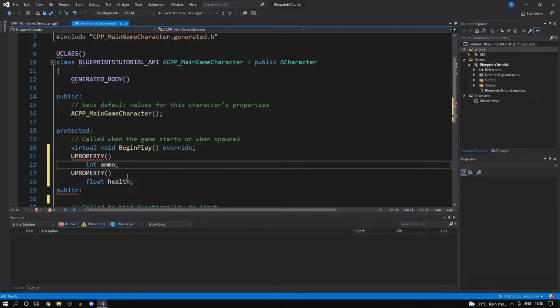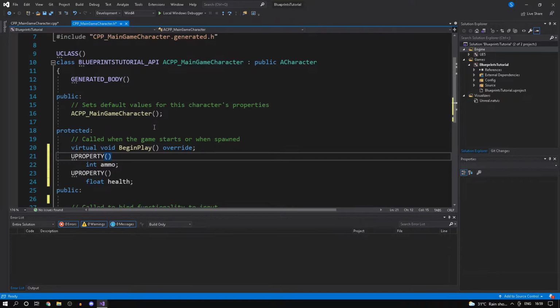Now let's say you wanted another variable, let's say clip size for example. Just as an example, you wouldn't store that in the character. Now this would not work, only your ammo variable will actually be exposed to blueprints. I mean, we haven't had the specifier yet to expose it to blueprints, but this will not actually work. So you can have only one variable at a time. So you'll need to copy your property again, paste that, and then have another variable for the clip size.